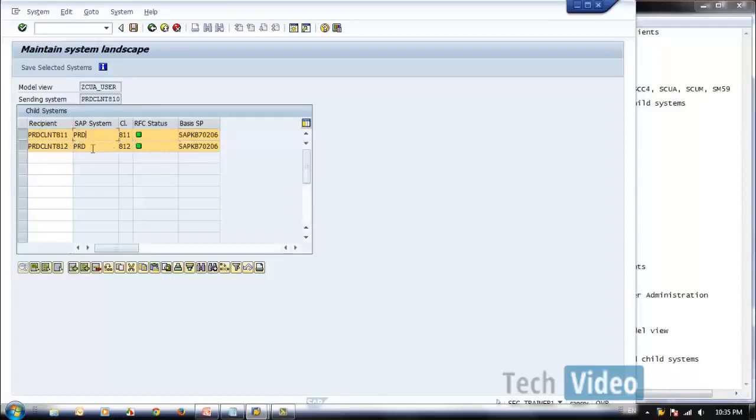This system is PRD, the client, and the RFC status is fine, and the basis support pack. This is also quite important because there may be some changes between support packs. If there is an update, then you will have consistency between all the systems. Now let's say save the selected system.